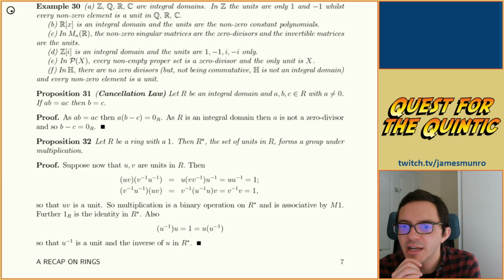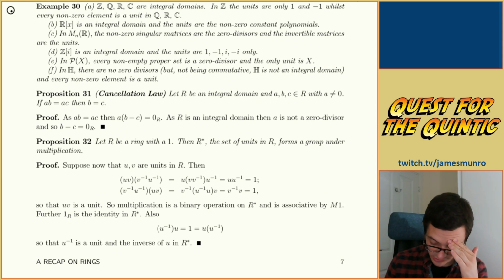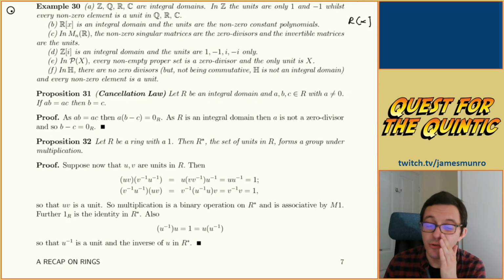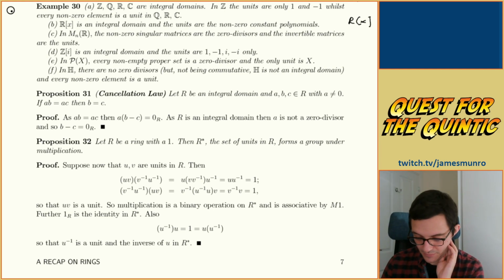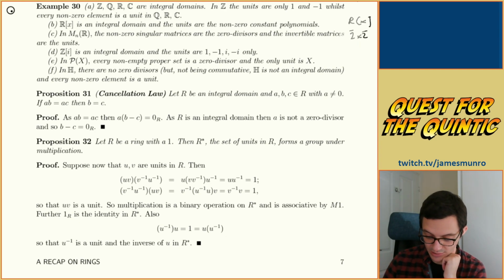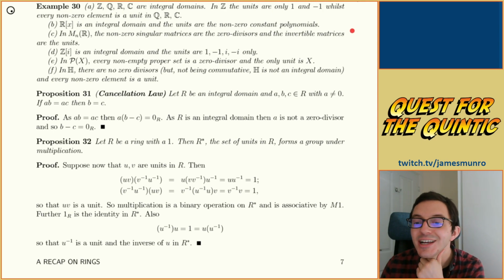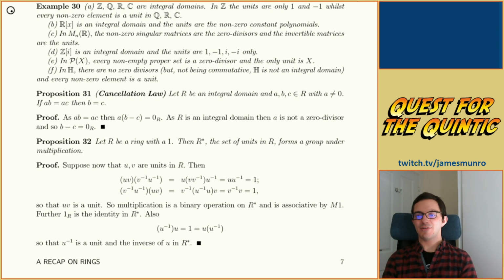Is R of X with, instead of reals, just this? No, we already saw, right? You could do something like, if R is not an integral domain, then there are just constant numbers in there, like 2 bar times 2 bar, rubbish. If R is an integral domain, is R of X an integral domain? That seems like a good question. Is it on this page? If R is an ID,